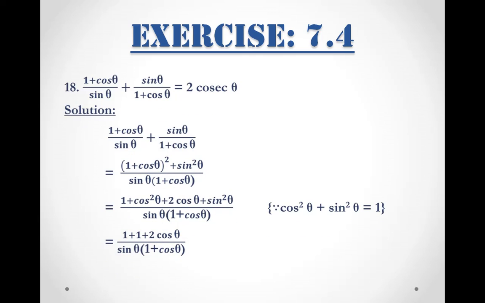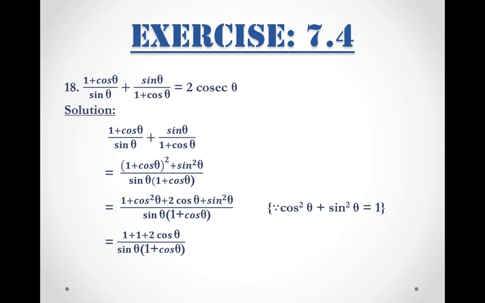It says (1 plus cos theta) whole over sin theta plus sin theta whole over (1 plus cos theta) is equal to 2 cosecant theta. Starting our solution in the same pattern, considering the left hand side and taking the LCM, in the next step we have on the place of numerator (1 plus cos theta) whole square plus sin square theta, whole over sin theta into (1 plus cos theta). As you all know that in simple process of LCM, when the denominators are different, their product results in the LCM.